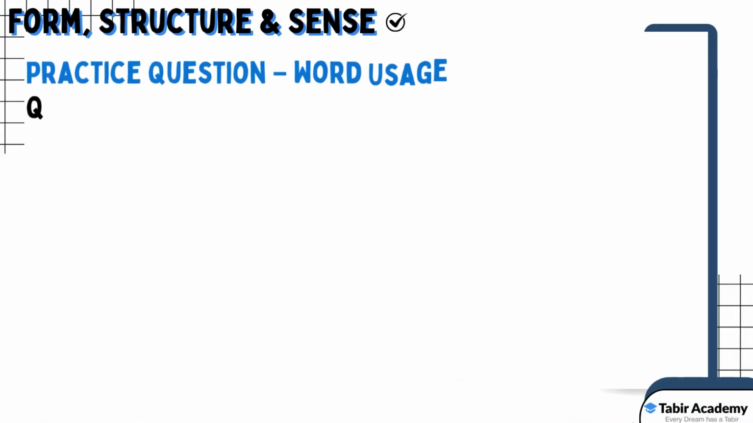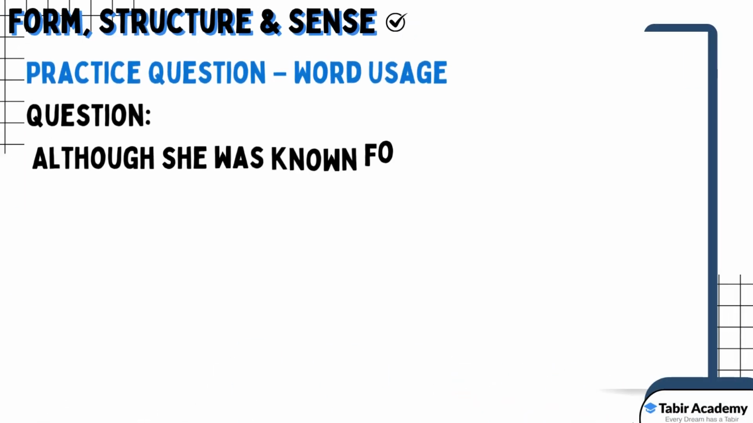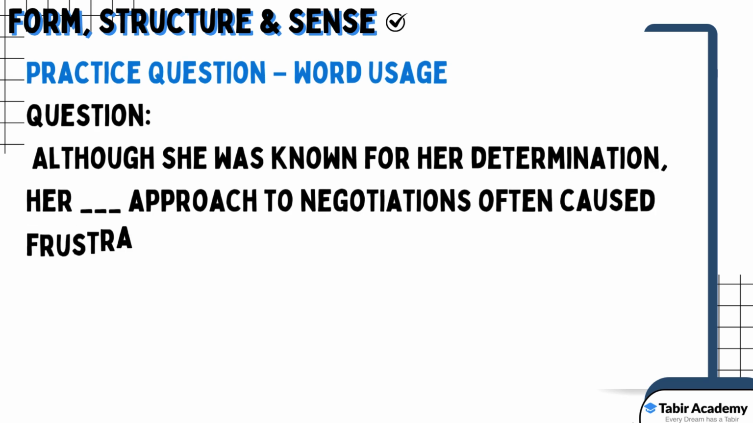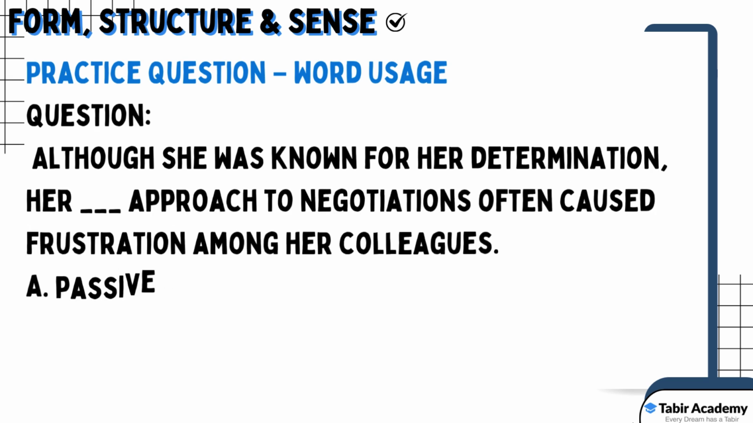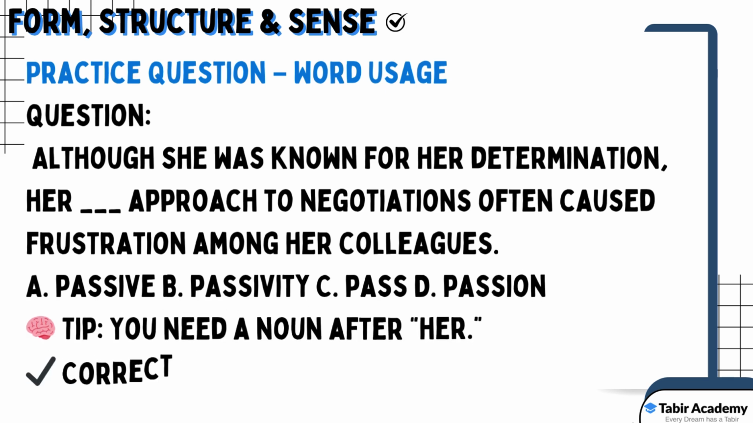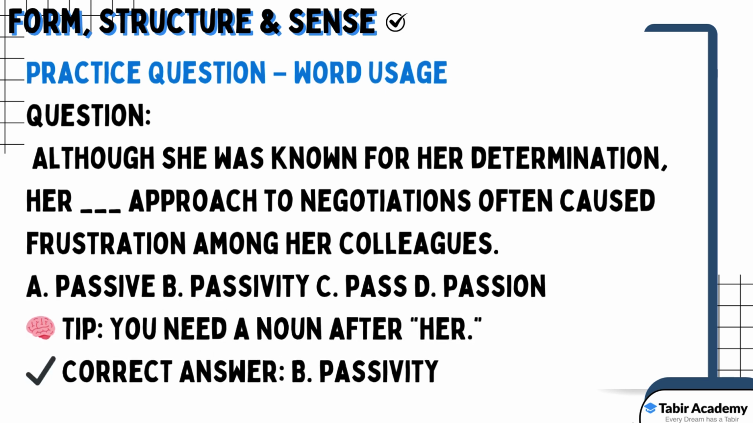एक practice question देखते हैं. Although she was known for her determination, her dash approach to negotiation often caused frustration among her colleagues. Passive, passivity, pass, passion. So the tip is you need a noun after her. So the only noun is passivity. Next we have